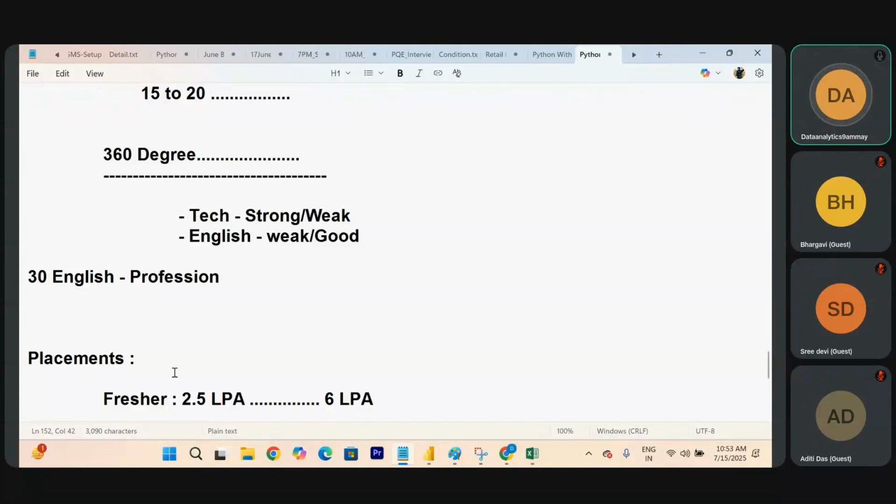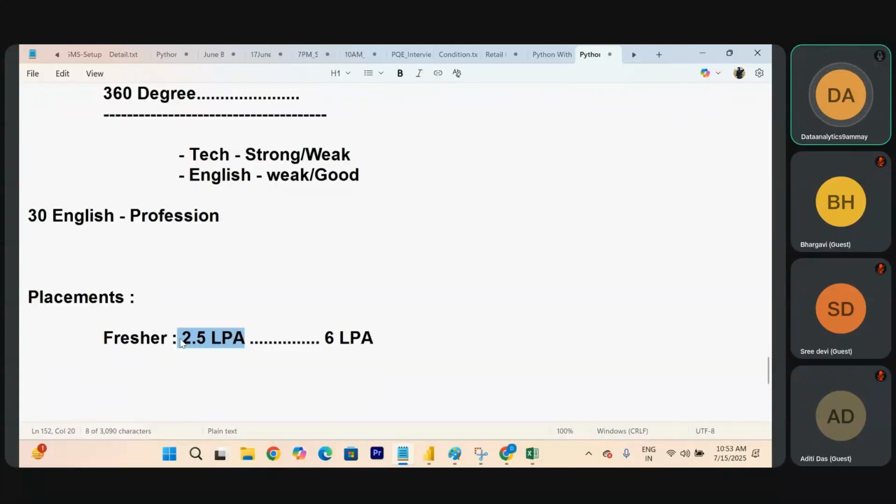The company this person got selected in, and the knowledge of this person on how to explain it in the interviews, right? The same kind of fresher also got 5.8, which means his practice level was very good, and whatever I told him, he followed the same. Perfect. This is how you can get it. Based on your companies, you can get the packages.